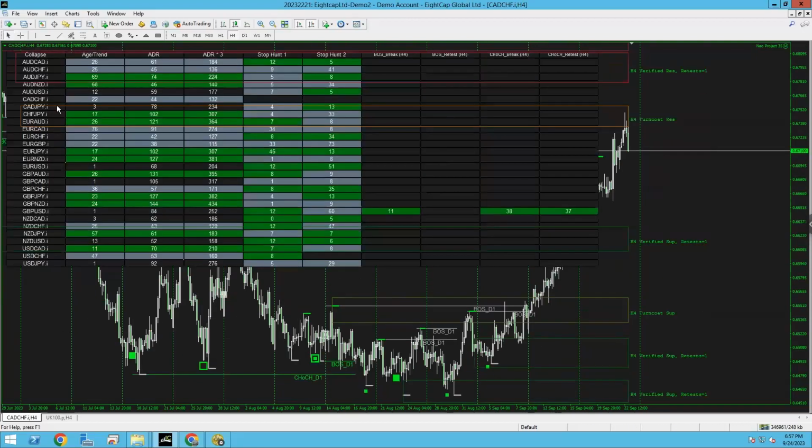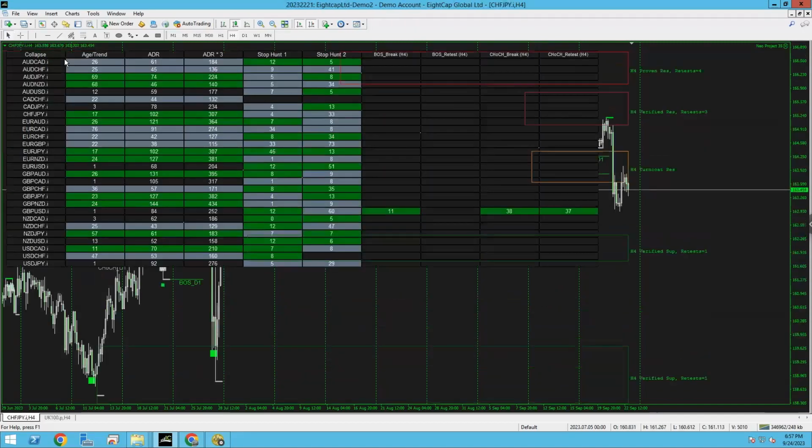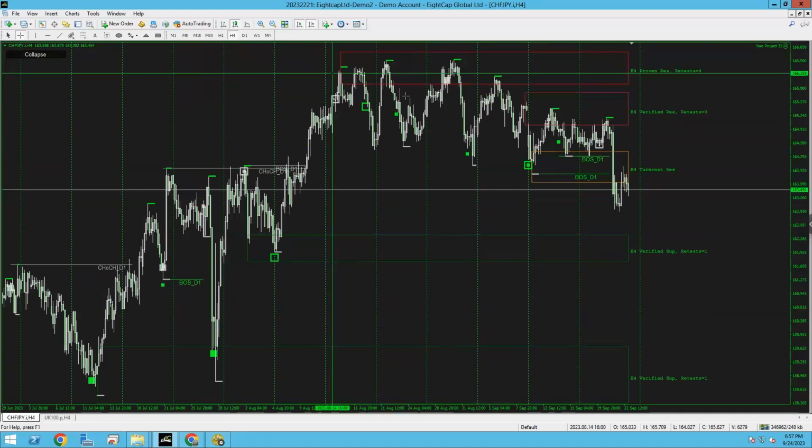You can see how simple it is. All I'm doing is looking at the dashboard. So CHFJPY, this is one that looks like it's ready to go right now. Look at it, you see? Asian trend has gone bearish. You can see it's getting weaker. Turncoat. So if this pulls back to this area, this is a free trade setup right here for someone. This is out of the probability trades. Right here is a free trade setup for sell.